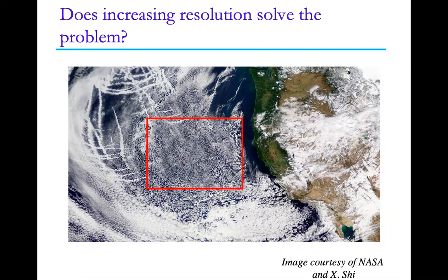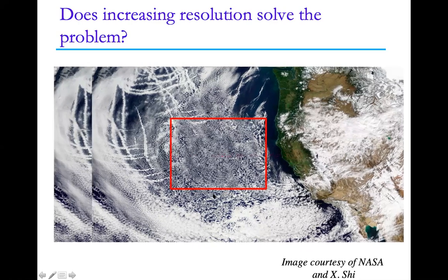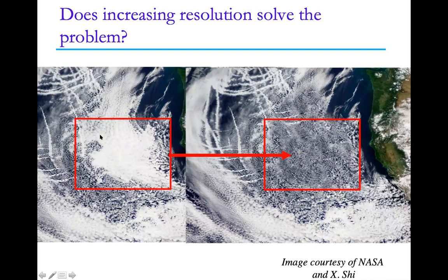And when stratocumulus clouds are covering, say, 20% of the globe, this can be a very significant error that would occur if these models are just pushed to finer resolution without thinking about whether the structures and the features represented are correct in this sort of gray zone at 1 kilometer. So we're looking at how to accurately represent this stratocumulus capped boundary layer and how that depends on the resolution and the closure model chosen.